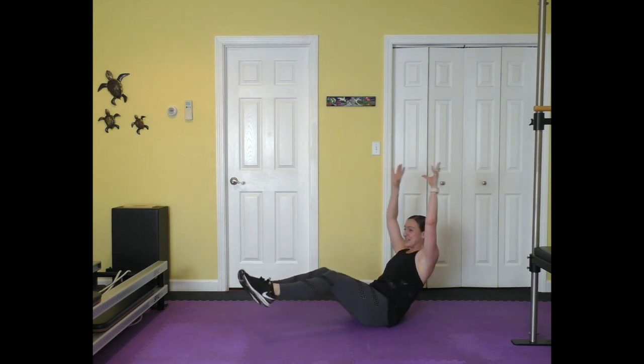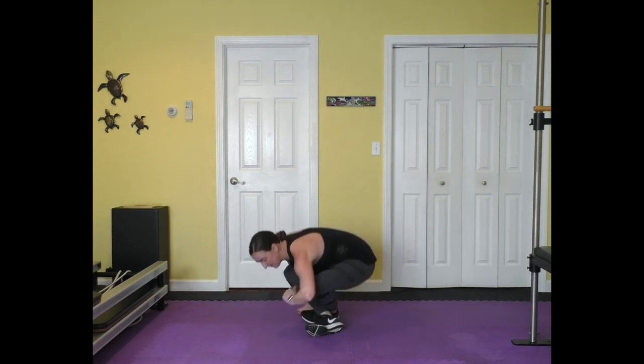Pressing out. Keep it going, and out, in, reach, find your balance. That's it, you can have one foot up, good. Come on back up, into your